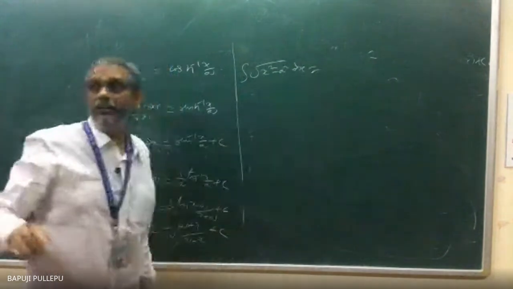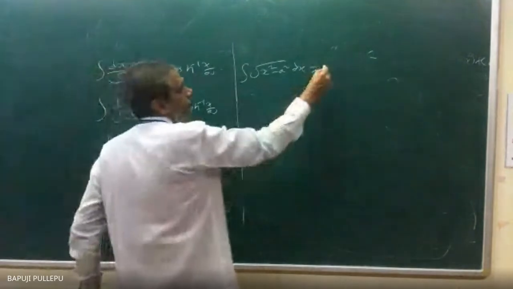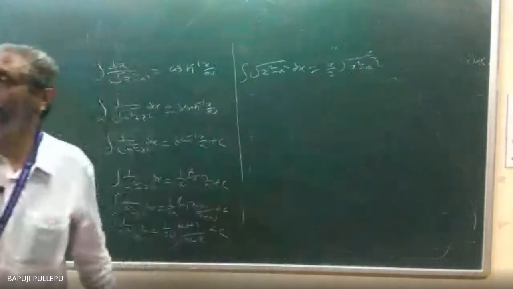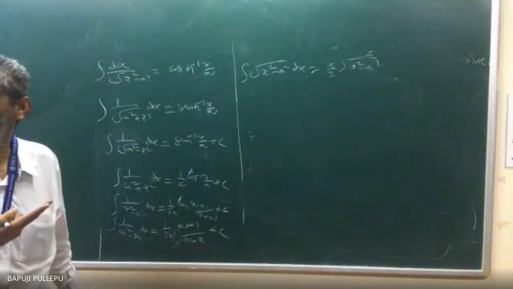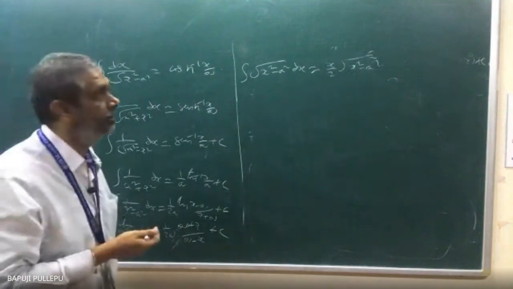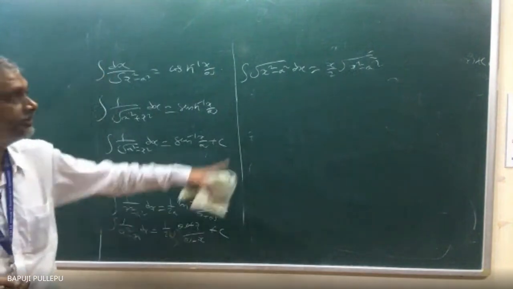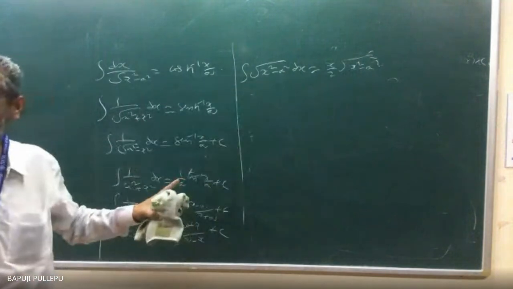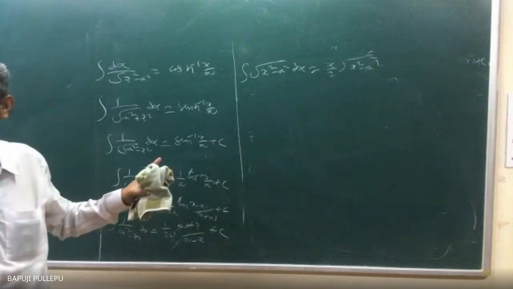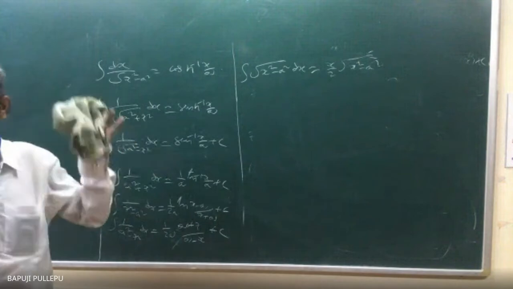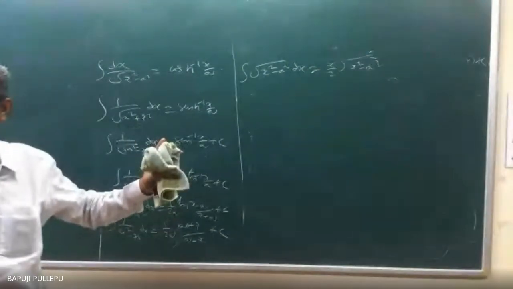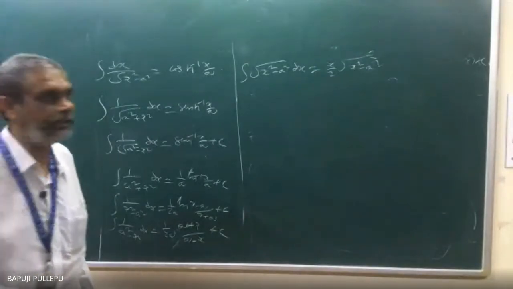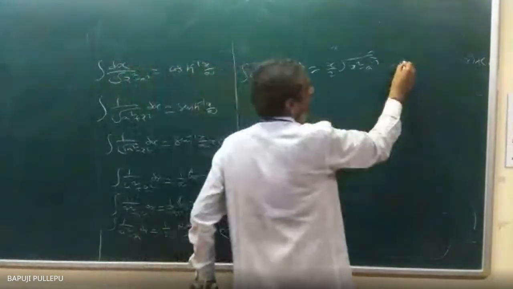This is how you will write: x by 2 same fellow, a square by 2 with plus or minus. Plus a square or minus a square? Minus a square by 2. I am not asking what you want to write; what is there, plus or minus? Minus. Here minus means you write minus a square by 2.